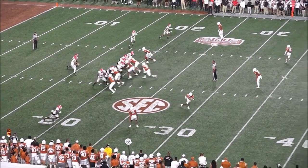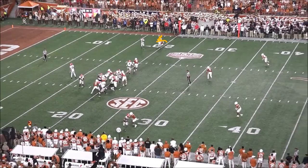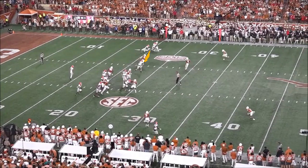Now, once again, you get motion here. You get a release right here, and it's going to question, hey, is he going to run a swing route? What's going to happen? They're going to do that same exact thing. Once again, he attacks the outside shoulder, does his job, but now it's like, hey, where's everybody else on the defense? Okay, this guy's going to be a little late. This guy's going to take a banana peel angle, and this guy's also going to attack right here, but he's doing a good job of blowing it up on the outside. That's exactly what he should do, but the help is not there